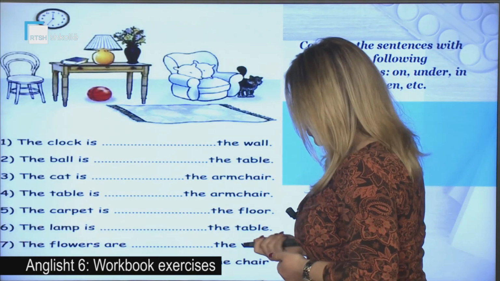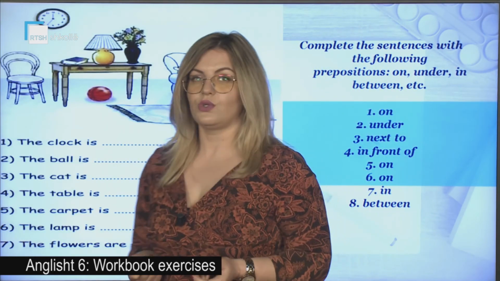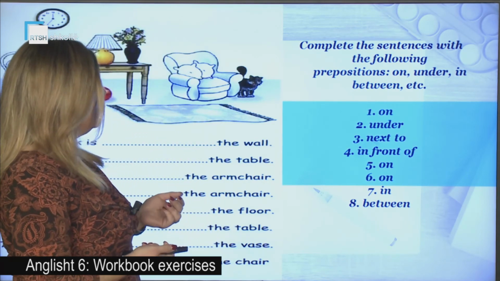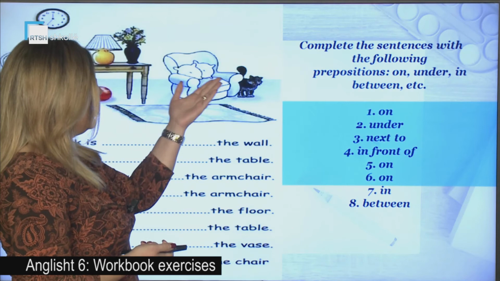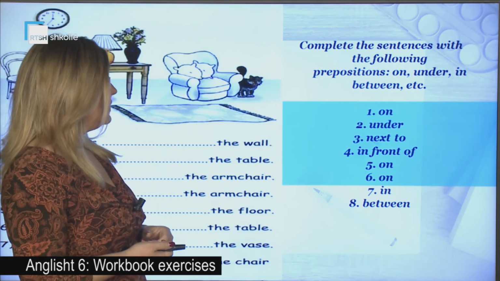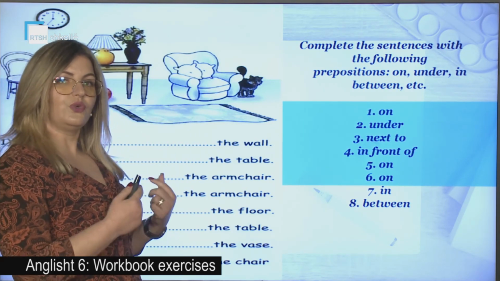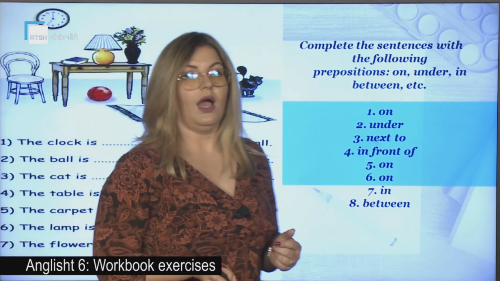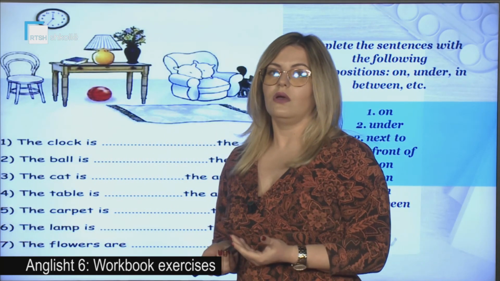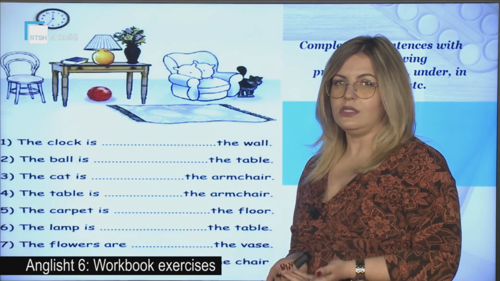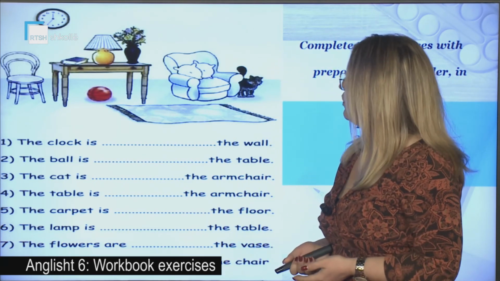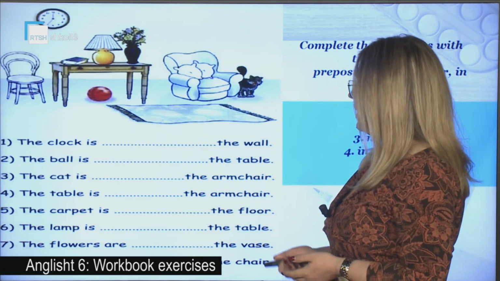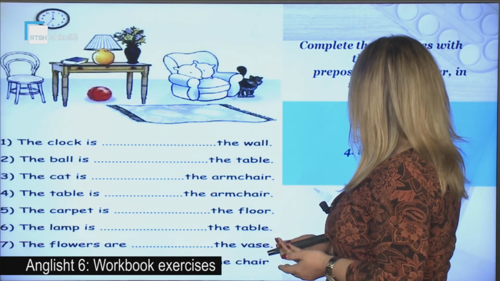Okay, we have this kind of exercise. We have different kinds of prepositions like on, under, in, between, etc. And we are going to read the sentences and then fill in the blanks so that each sentence is meaningful to you. For example, the clock is on the wall, the ball is under the table,